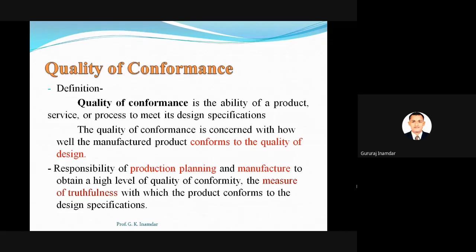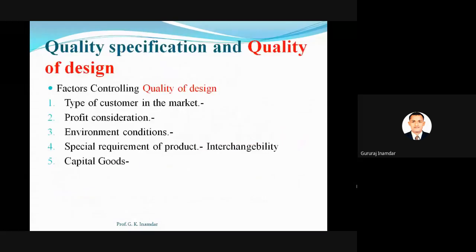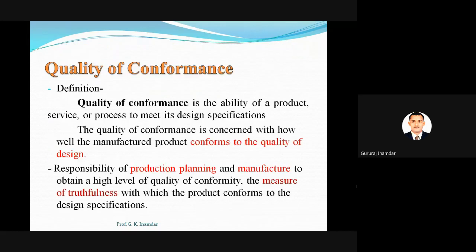Okay, so our next point is quality of conformance. Quality of conformance is the ability of product, service or process to meet its design specification. Okay, already we have discussed quality specification and quality of design. So both specification and design, that product should follow. That is nothing but the quality of conformance, or guarantee we can say, or similarity. Whatever rule we have decided, that rule should be followed. When that certain specification, that certain design you follow, then and only then your product will give same